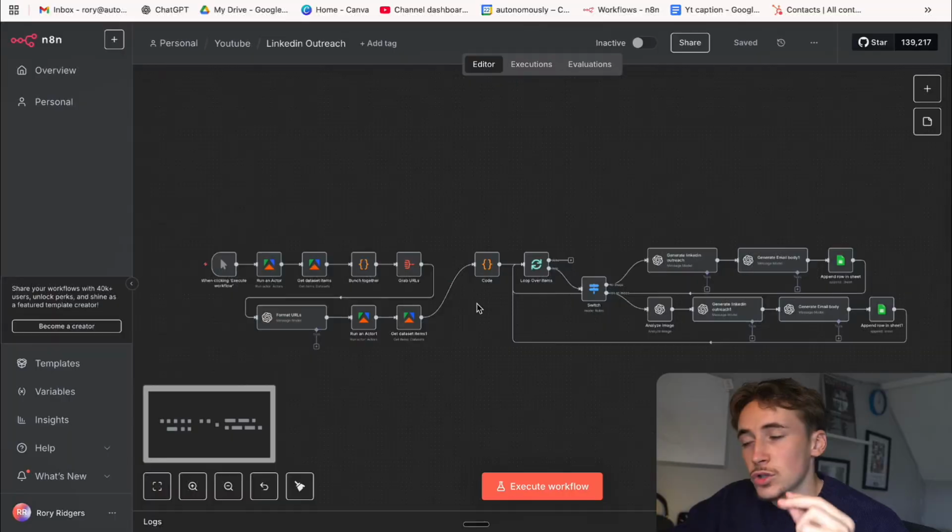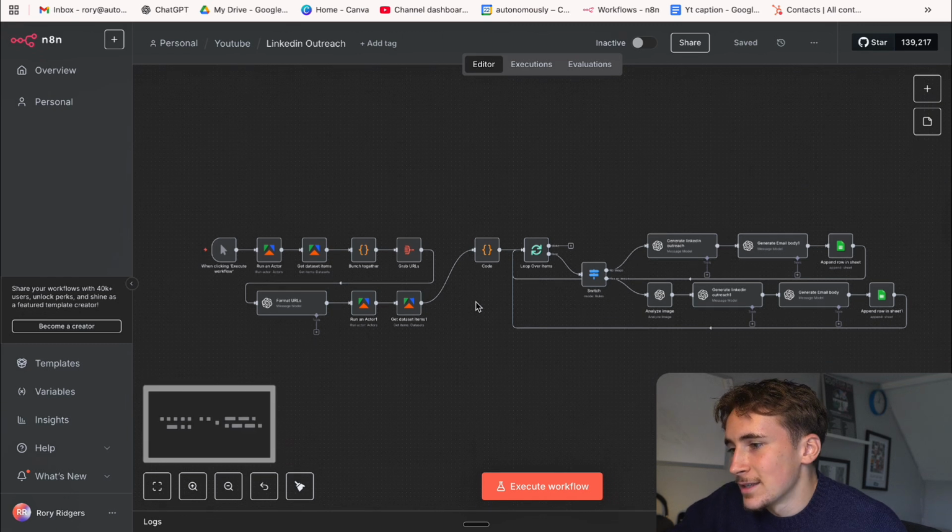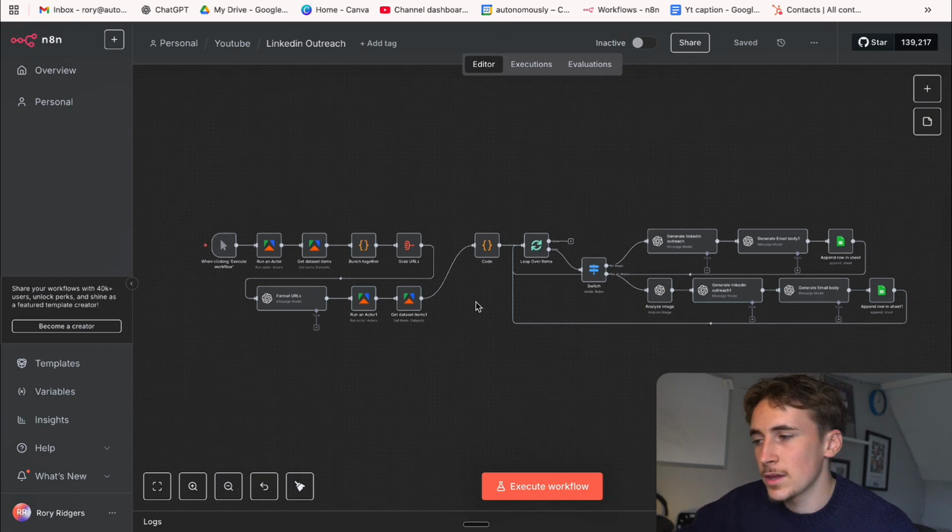I can show you how it works. So we're in N8N now and this is the entire system. As you can see, it's not that big, which is good, but it gets everything done that you would need it to do. So just to give you a quick overview of the system and what we're looking at,